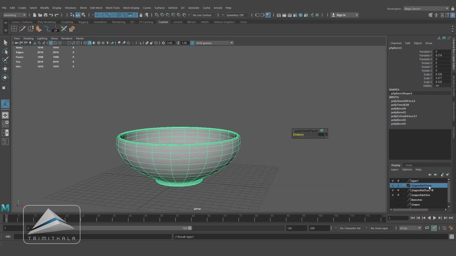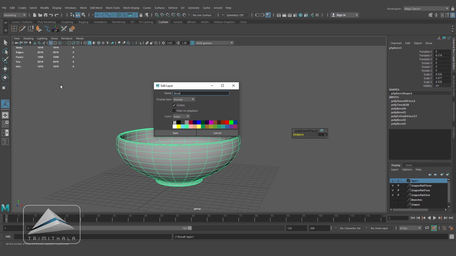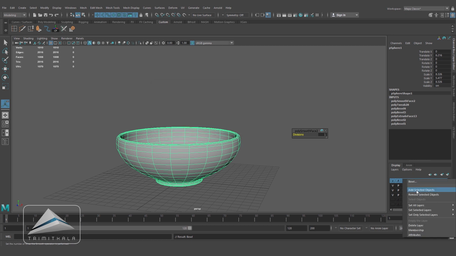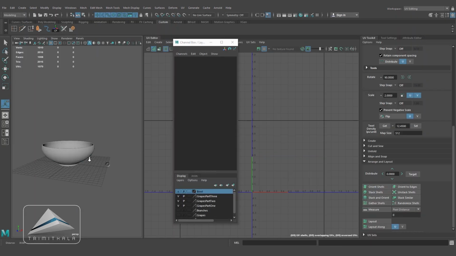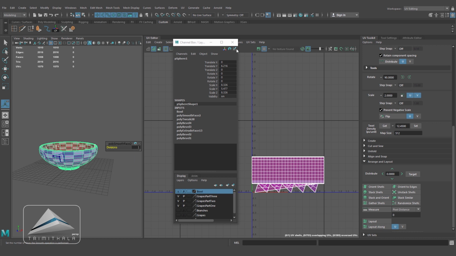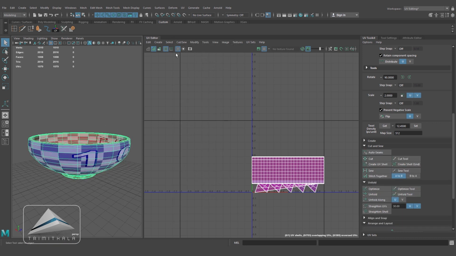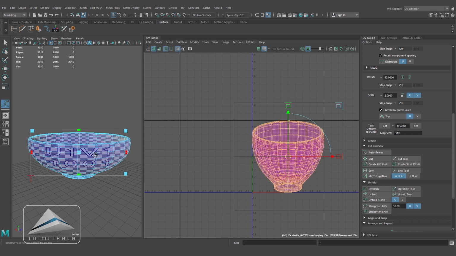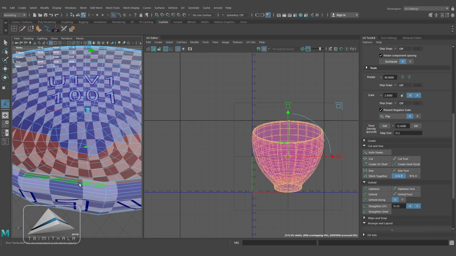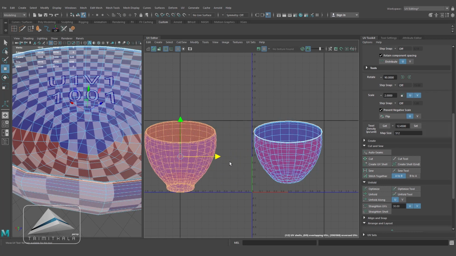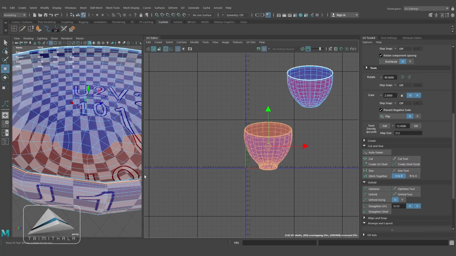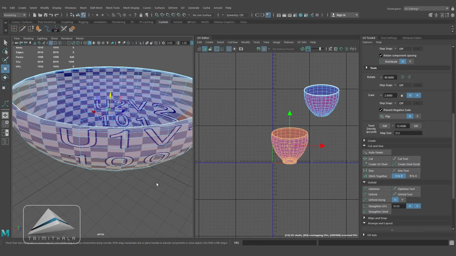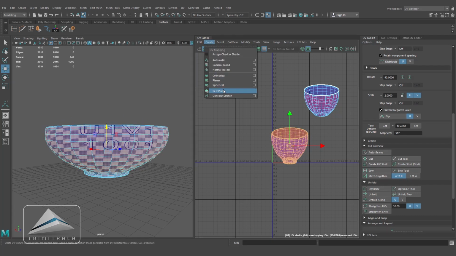Now let's create a new layer and let's name it as ball and add it, and let's do the unwrapping of this ball. Going to create and planar mapping. Now let's select this loop and cut it so that the inner side and outer side is different. That's fine. Now the outer faces are selected. Going to create and cylindrical mapping.